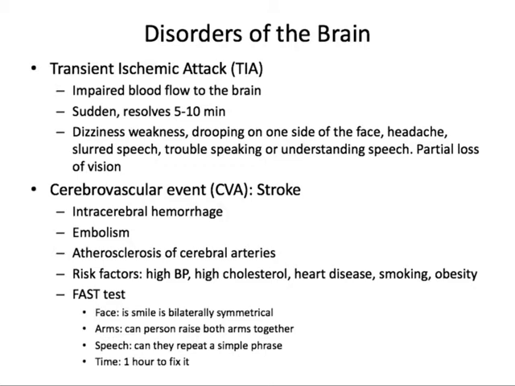You can ask somebody to raise their arms. So A is for arms. If they can raise both arms together and hold them up together, what you're testing for is whether both sides of the brain are able to receive that command and carry out that command. So do your skeletal muscles work? Speech, again, testing two different things here. Can that person hear the phrase, remember the phrase, and mimic the phrase? Those are all testing whether the nervous system is working properly.